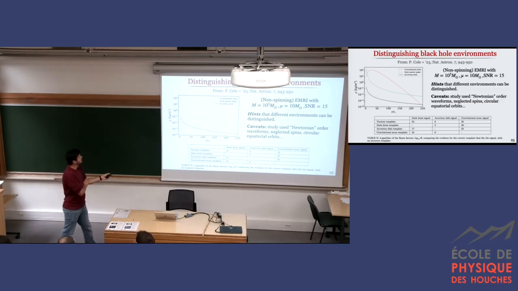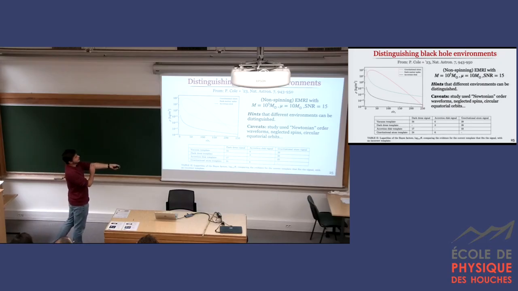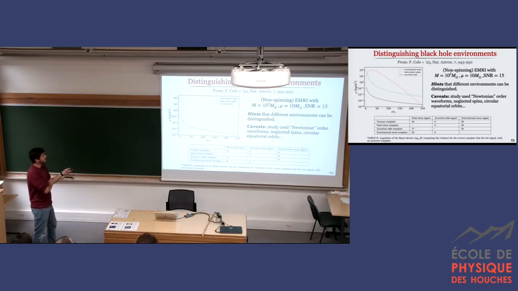In this case, they look at the environmental effects due to an accretion disk, due to these dark matter spikes that I talked about, and these gravitational atoms, which are these boson clouds that I also mentioned. This shows you, for a given system that they consider, an IMRI with a supermassive black hole of 10 to the 5 solar masses and a small one of 10 solar masses, and an SNR of 15. And if you plot the typical density as a function of the distance to the central black hole for different environments, using the particular models for dark matter spikes and also for the gravitational atom case,